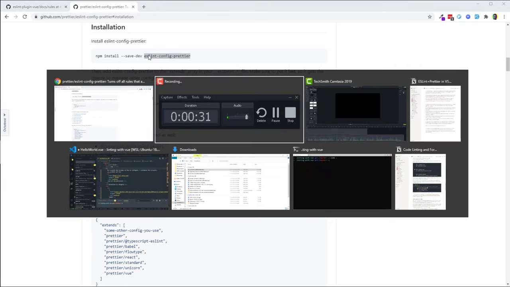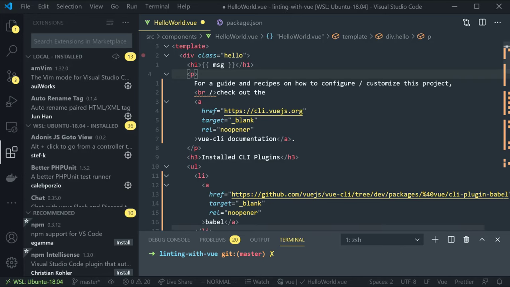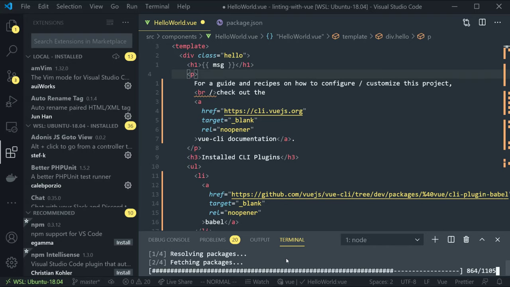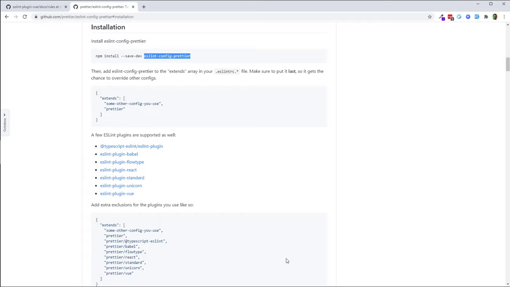And if you want, you can just copy this whole line if you're using npm. I'm just going to take the name of the package and switch back into VS Code, and I'm just going to install this with yarn add -d and then ESLint config Prettier, and this will just install it as a dev dependency since we don't need this in production. Great. Now if we go back to the browser, you can see we have to add this rule collection. So I'll switch back to VS Code again